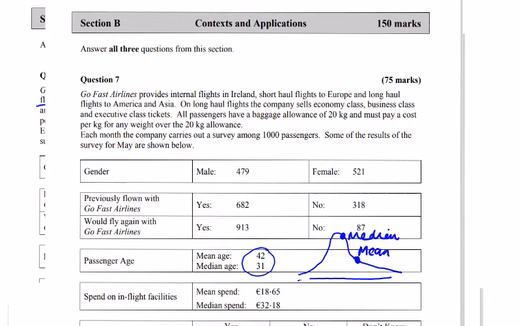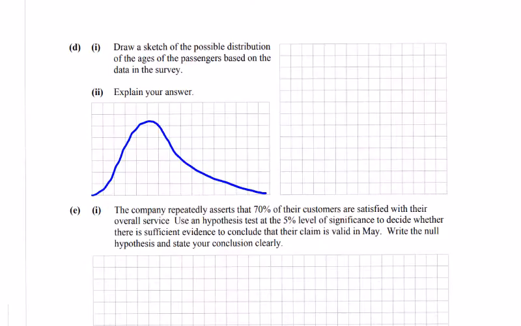So that's a sketch of the graph, it's a skew right, skew left if the opposite happens, if they switch places. So with the normal distribution they're all exactly in the middle, and then learn what happens when the mean goes right and the mean goes left. And this is probably a better sketch of it along here where we have age down the bottom.